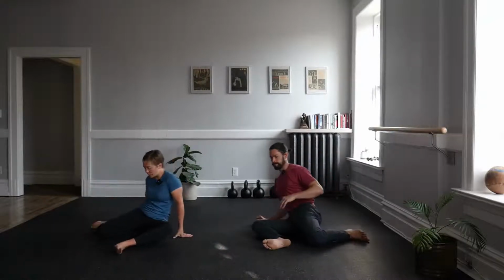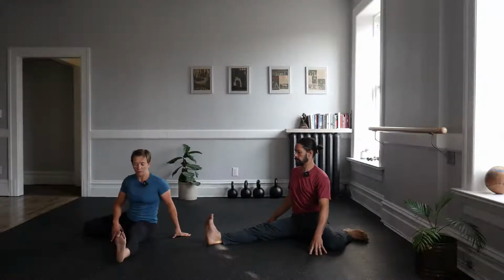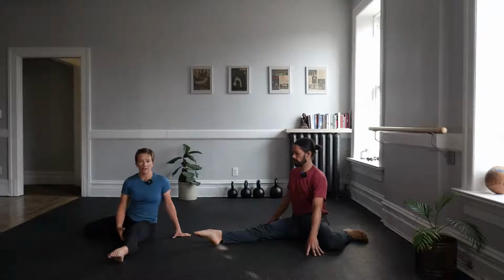So from that mermaid position, we'll extend the front leg out, and we'll flex the foot first, or pull the toes or the foot towards the shin, pressing that heel long. Probably get some hamstring action there. Now let's point the foot, and then again, in the socket, kneecap nice and straight, try to rotate the inseam